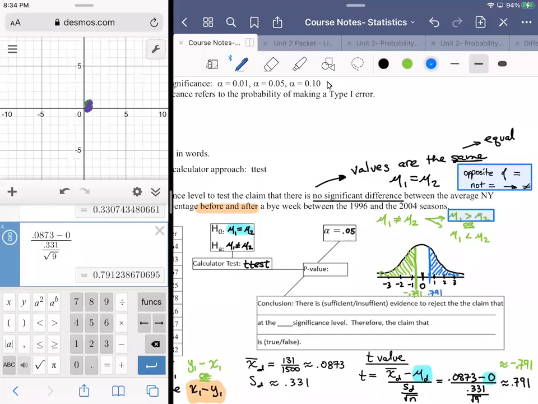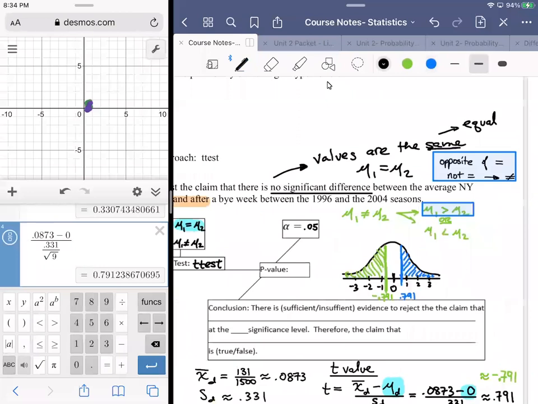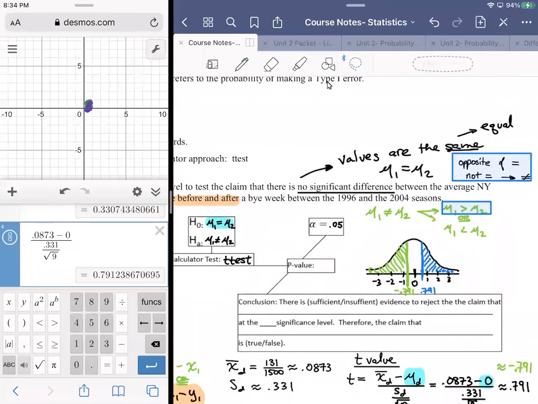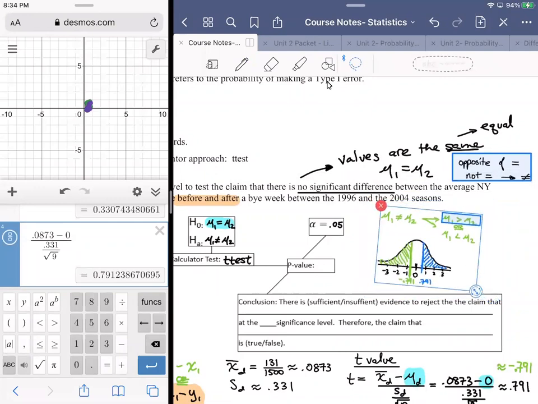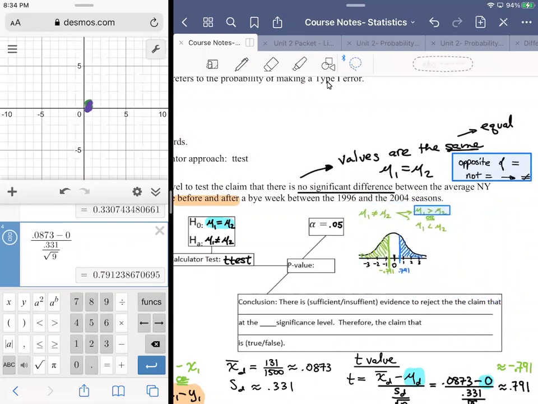And we have to account for both of those. So we need to figure out the probability that t is less than negative 0.791